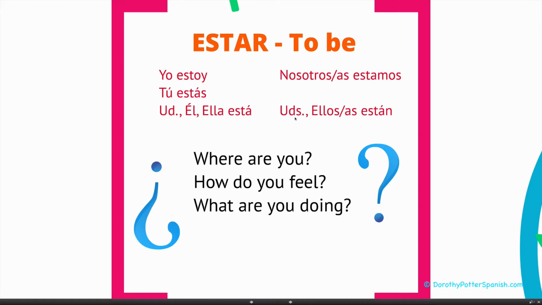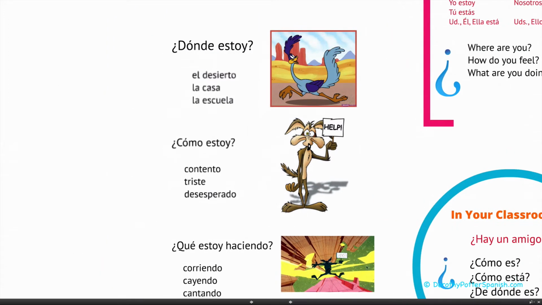I am, you are, she is, he is, we are, they are. Notice that in English, you are, he is, she is sounds different. So this is one of those moments you need to focus that usted, él, and ella are all third person. It's different. Now let's practice again, looking at